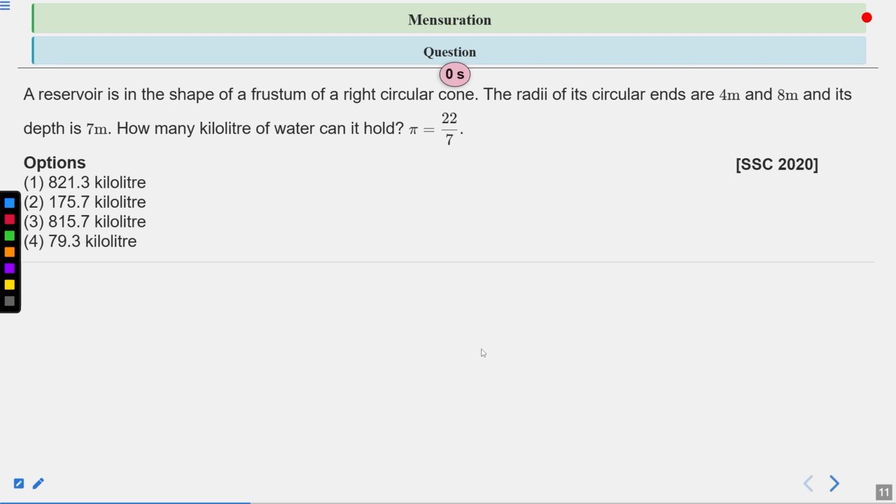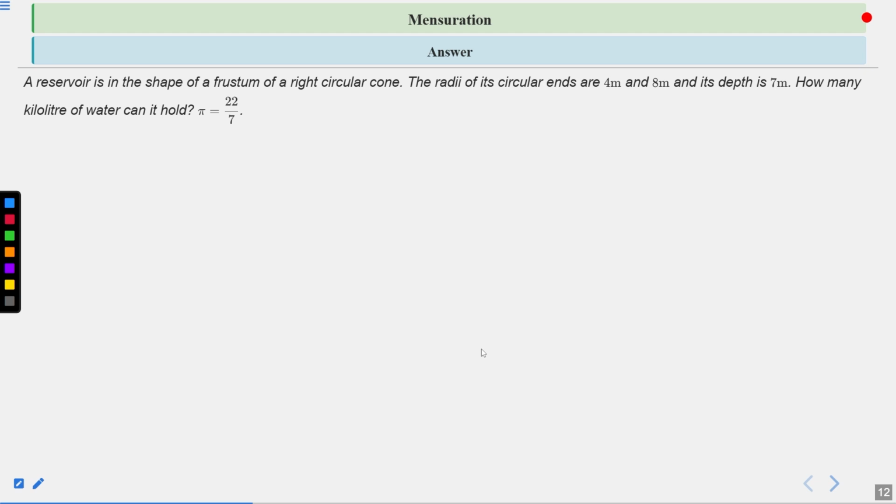Now time's up. Let's see the solution of this question. The question says a reservoir in the shape of a frustum of a right circular cone. The radii of its circular ends are 4 meter and 8 meter, because it is a frustum shape. So there will be two radii: the smaller one is 4 and the larger one is 8 meter. The question also gives its depth, which means height, which is 7 meter. Now the question is how many kiloliter of water can it hold? So we can calculate the volume and we get our answer. The correct answer of this question is the third one, 815.7